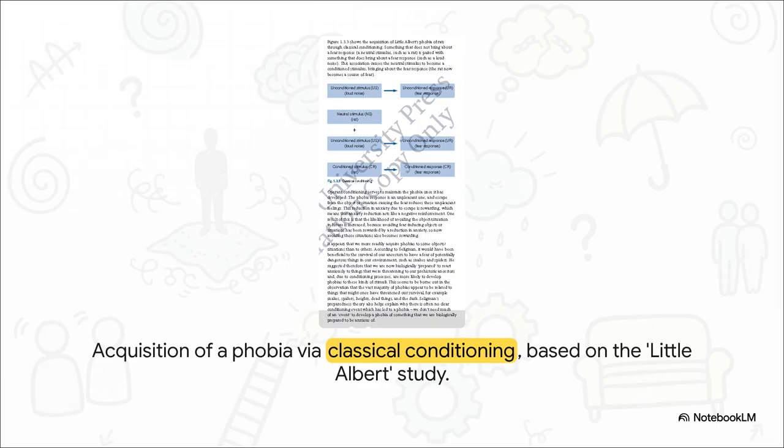The classic example you absolutely have to know is Watson and Rayner's 1920 study with little Albert. Okay, so at the start, Albert wasn't scared of a white rat. It was a neutral stimulus. But they started pairing the rat with a terrifyingly loud noise, an unconditioned stimulus that naturally creates fear, the unconditioned response. After doing this a few times, Albert learned to associate the rat with that feeling of fear. The rat had become a conditioned stimulus, and now it produced a conditioned response of fear all by itself. His fear even generalized to other white furry things.